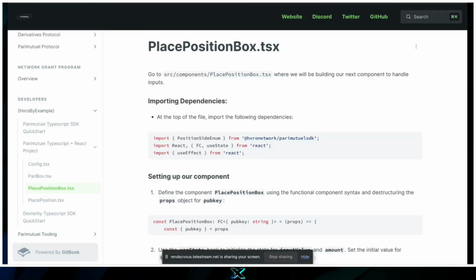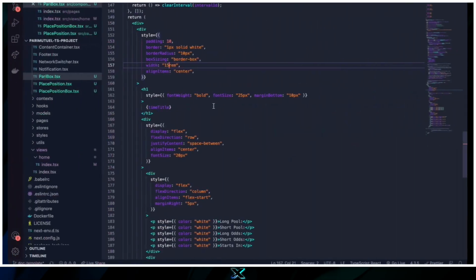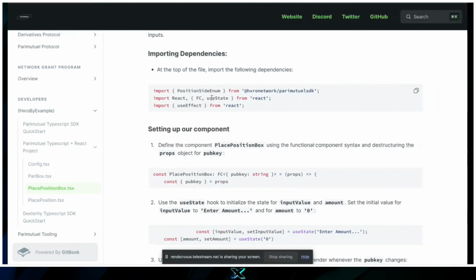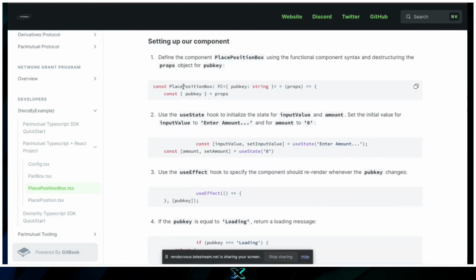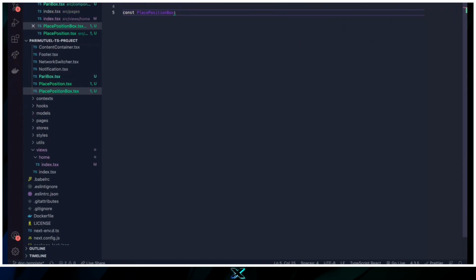All right, so let's go to our file. We can head over to our party box. We already did this. So let's go to place position box. We're going to be importing the position item from the party mutual SDK, React, of course, FC, useState, and useEffect. So yeah, let's start building our actual component. We're going to call this place position box. So I'll just do const place position box, FC in here,